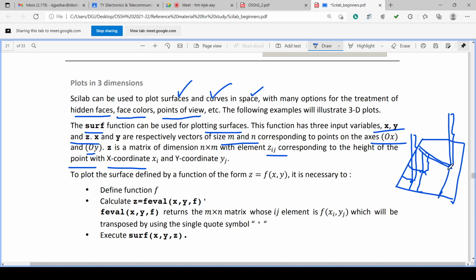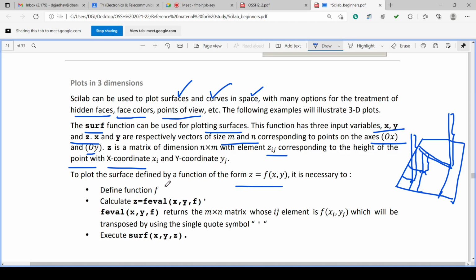Y must be perpendicular, and this is the z value. So three values are there, but x and y are vectors. Suppose x has m elements and y has n elements; then z is a matrix of m cross n, corresponding to the height of the point with x coordinate xi and y coordinate yi.